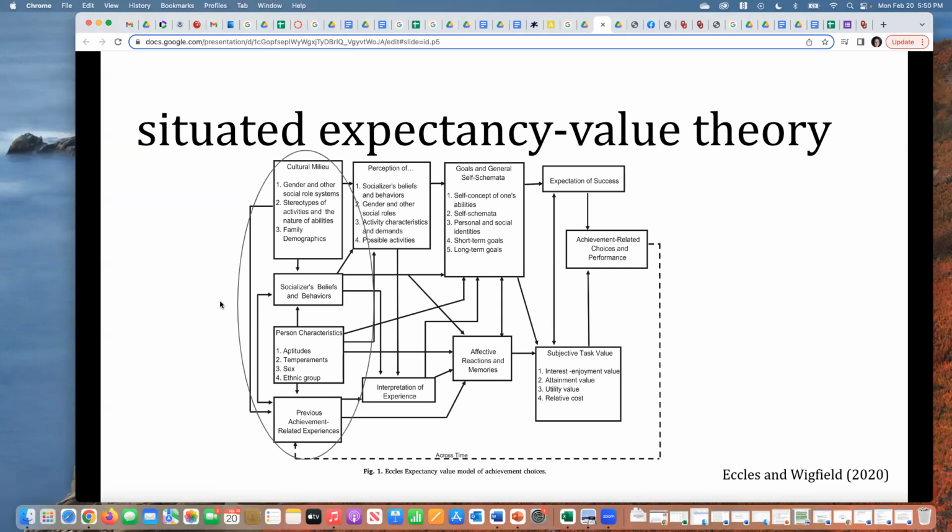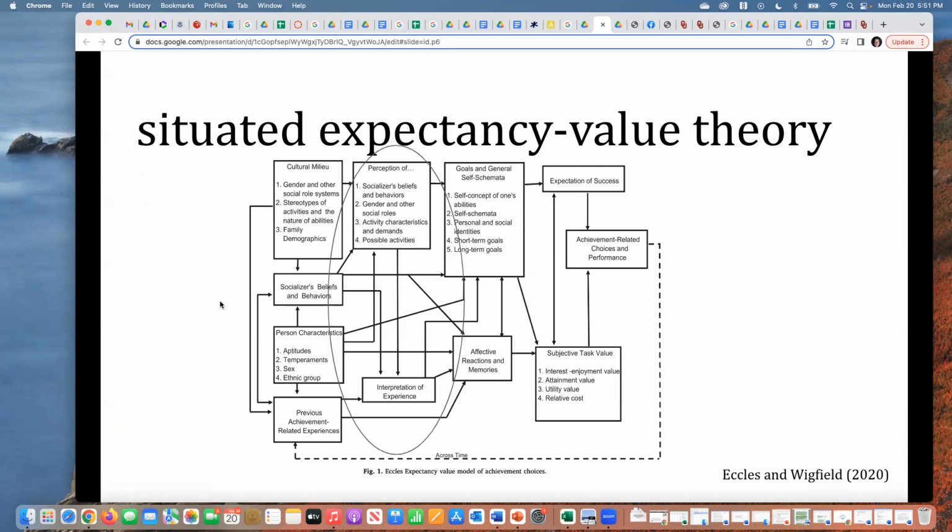As we move through the model, what I want to emphasize about the second so-called column of the model is that it's not just the experiences and the contextual considerations that matter. It's also students' perceptions and interpretations of those experiences. And when I say that they matter, I mean they're really powerful antecedents or predictors of the motivational beliefs that ultimately develop, and also how students end up performing and behaving as a result of those motivational beliefs.